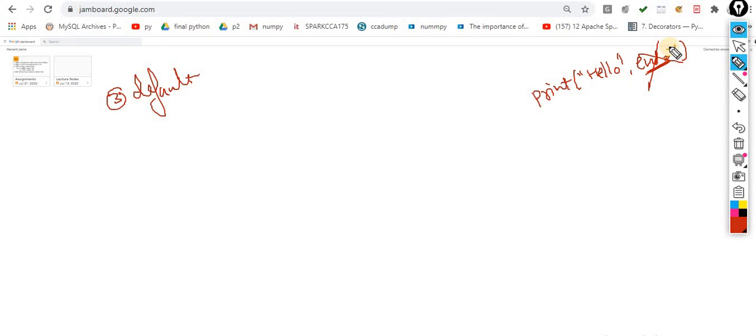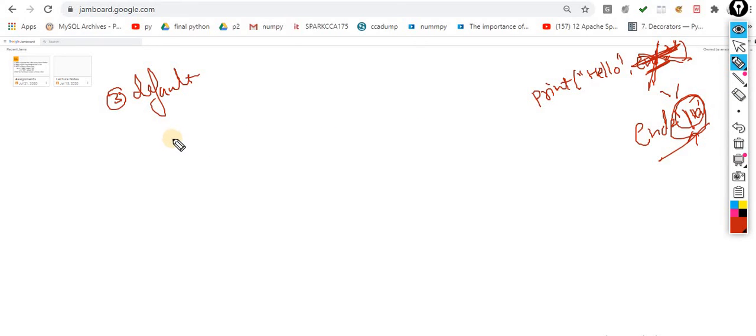Now the next is default. I am taking the same example: print of hello, and end is equal to this one. So this one is a default argument as well. How is it a default argument? When I pass it, I am changing the value. When I don't pass it, then automatically the end value is this one. But explicitly I am changing the end value. Keep this point in mind. By default the end value is \n. If I don't pass it, then the end value is \n. If I change the argument, then the end value becomes this space instead of \n, which we already discussed in the case of the nested for.